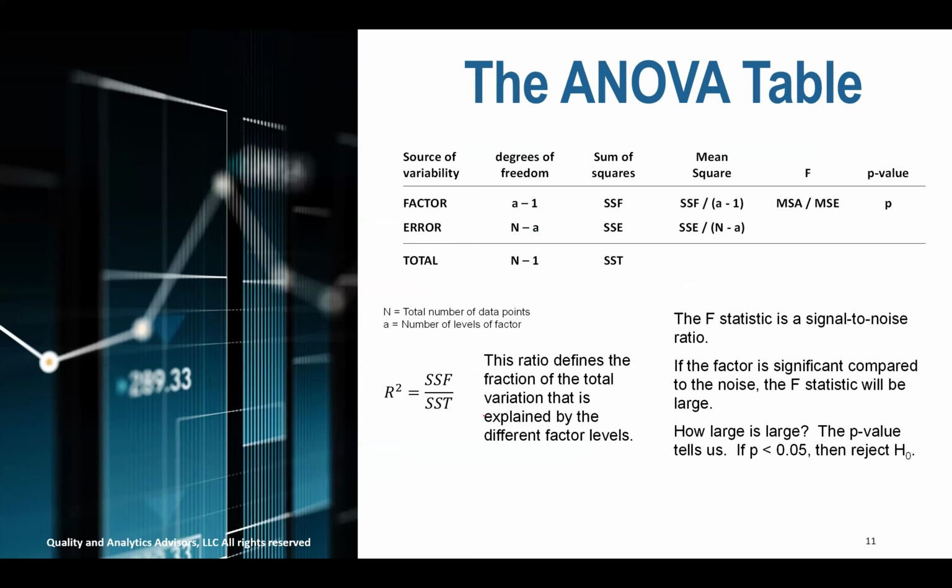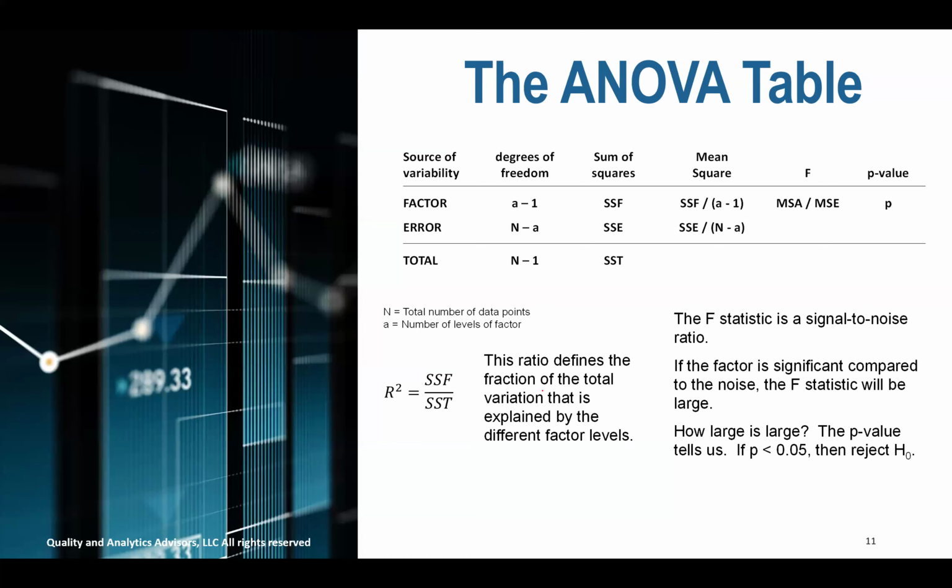The outcome of the ANOVA methodology is an ANOVA table. Once I execute the formulas, I'm going to put all of those calculations and summarize that information into a table that is designed to calculate the F statistic. I mentioned before that the F statistic is basically a signal to noise ratio. And that signal to noise ratio is going to be